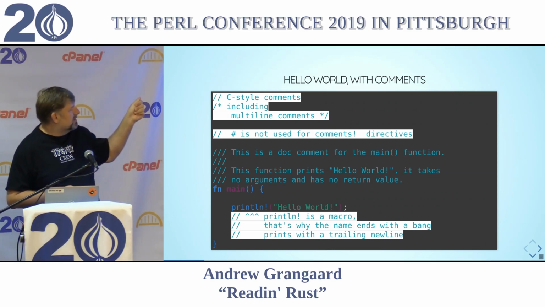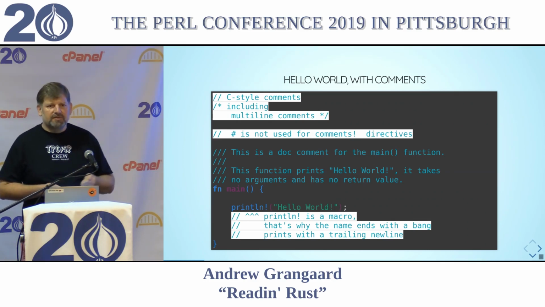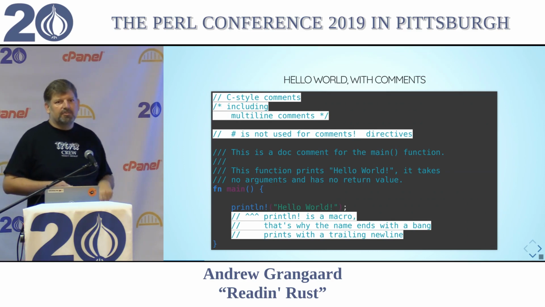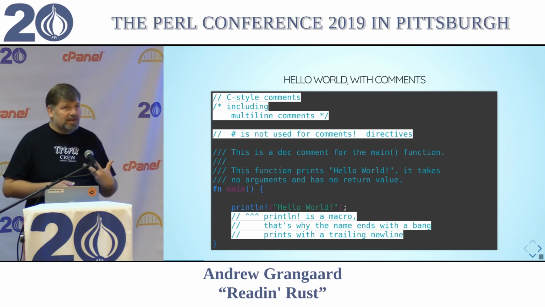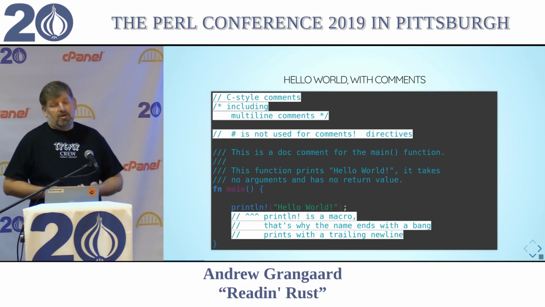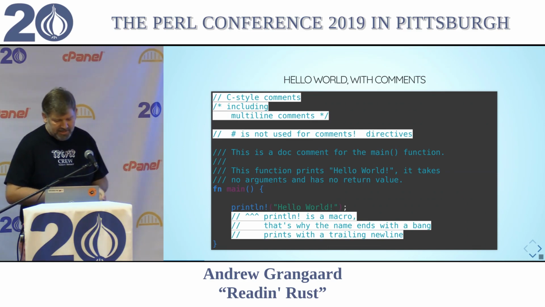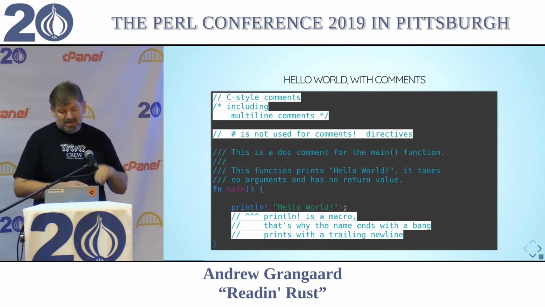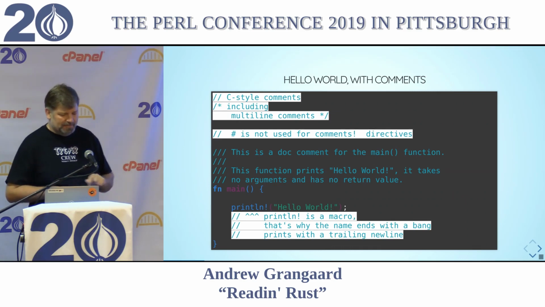The hash sign is not used for comments. It is used for directives, so a bit like your C preprocessor. And there are a lot of directives that are there to make the programmer's life easier. Again, it's a modern language, so it got to learn from older languages like us and Python. And so they've added doc strings. So if you use three slashes, that becomes a doc string. It's a bit like those triple quotes that we looked at yesterday in Python.